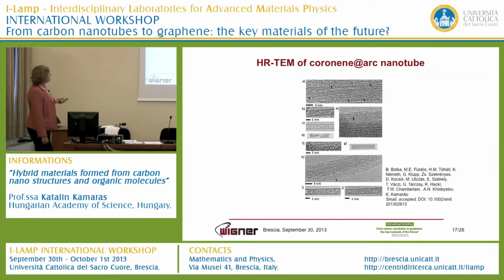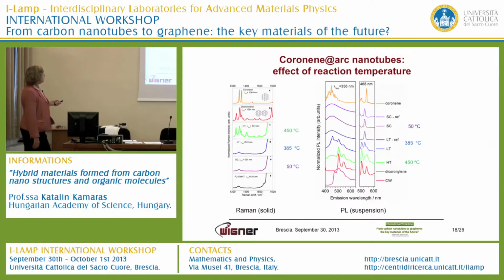I'll come back to this, but the TEM image also depends on time, because you are giving a lot of extra energy by the electron beam, and that's already very important for these organic molecules. But anyway, remember that we have the supercritical carbon dioxide method,